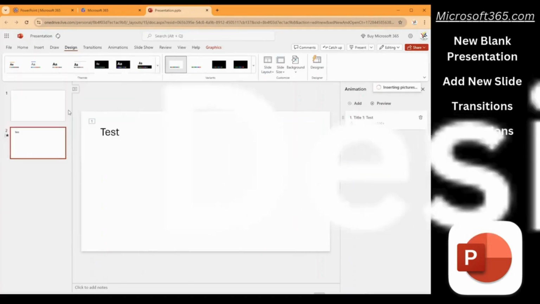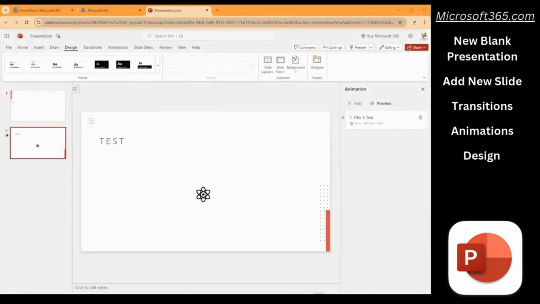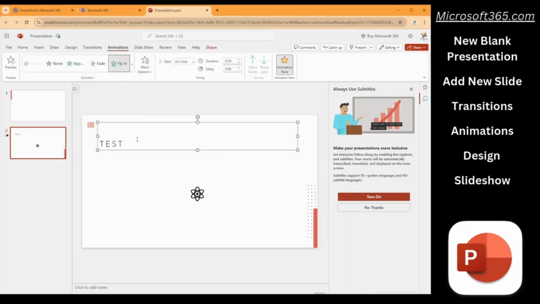Now onto the design. You can modify the design of your presentation. This design could be modified for a single page or for all the pages together. So let's take a look at the design tab. Also, once you're done with your presentation, you can go to the slideshow tab to present it from the beginning or a particular location. But before we are done with it, let's go back into our content and check out